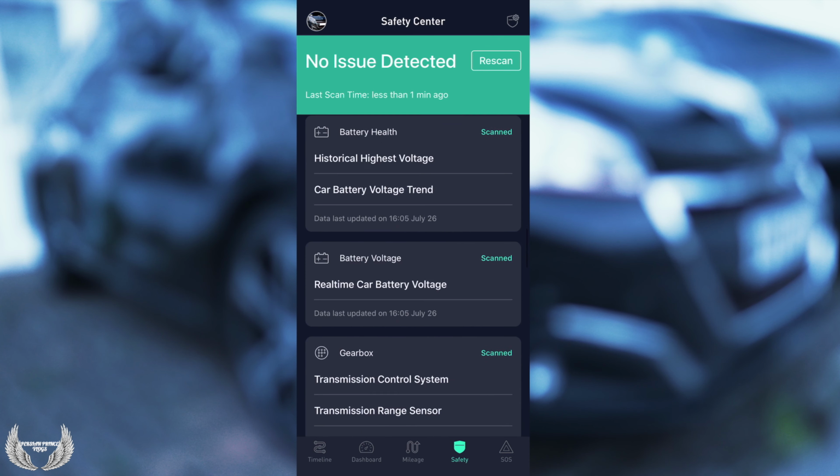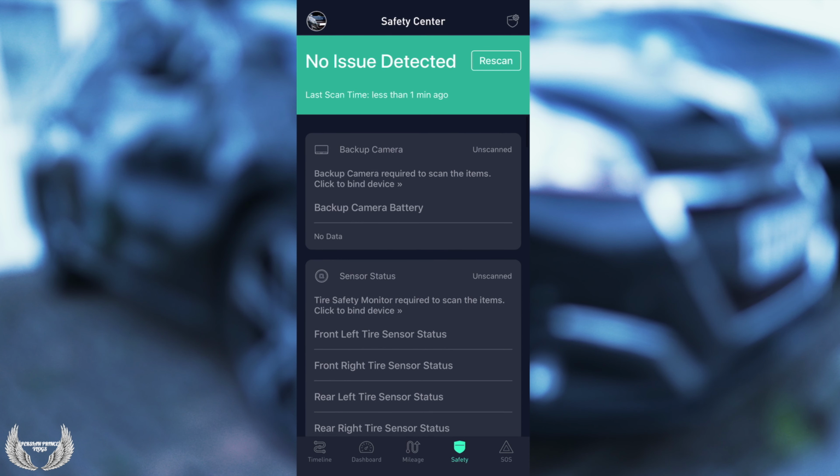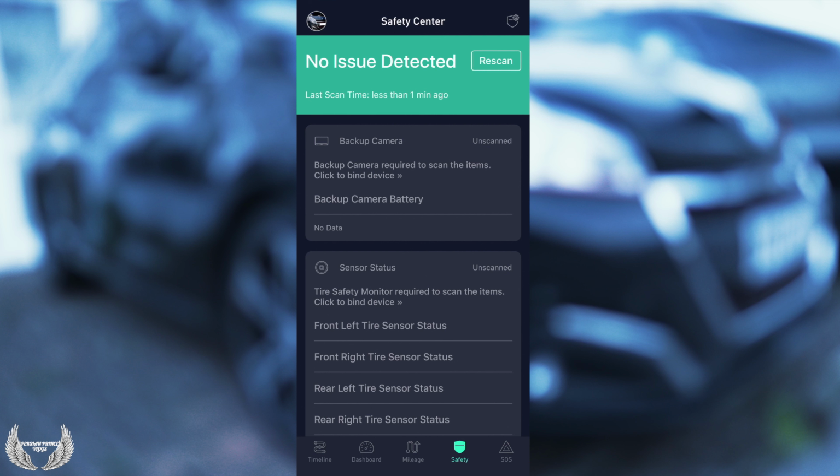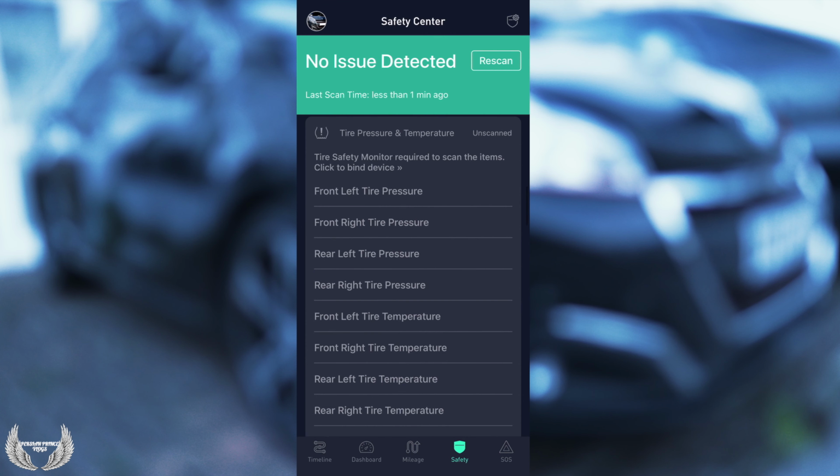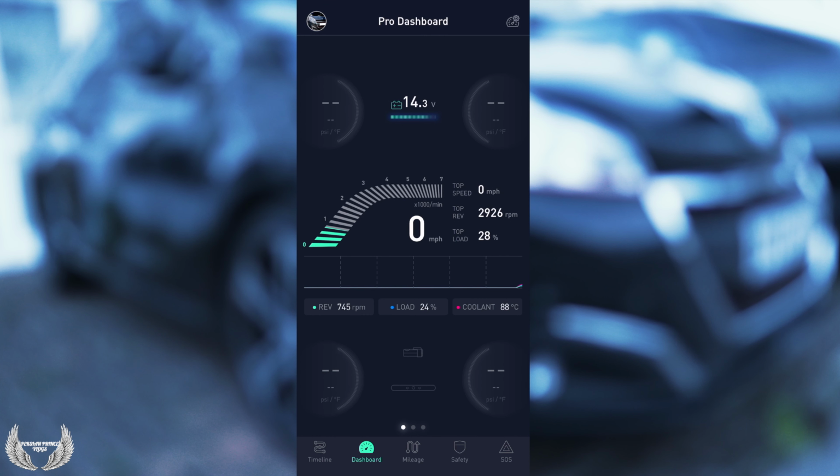So this is very good to have, and as my cousin and I discussed, we always tend to use this product before we go take the car for a service. So just in case, we do a quick scan, have a look, and then go take the car to the garage or whatever. The only one thing I would say to you guys is, when you are using this product,